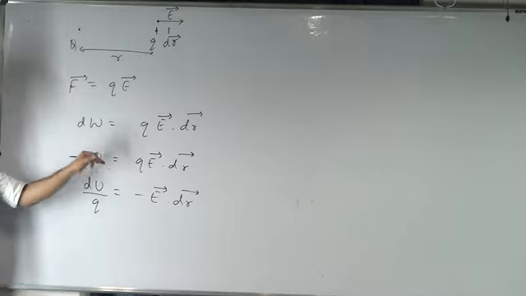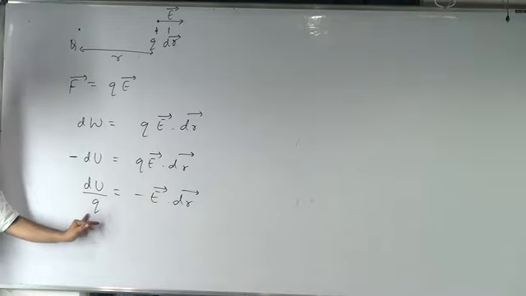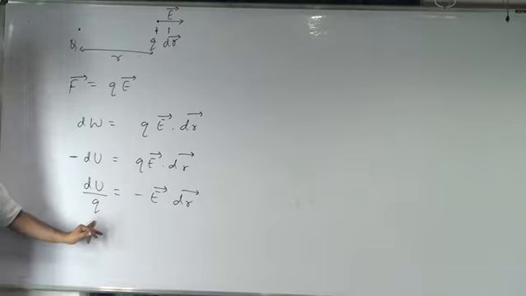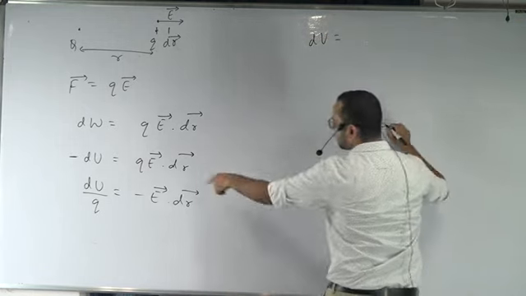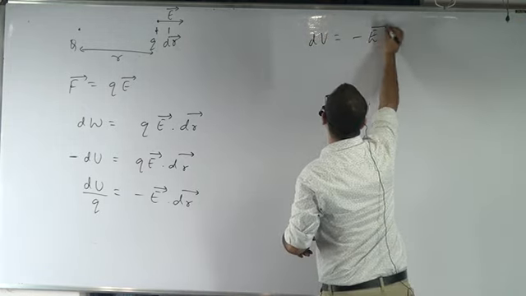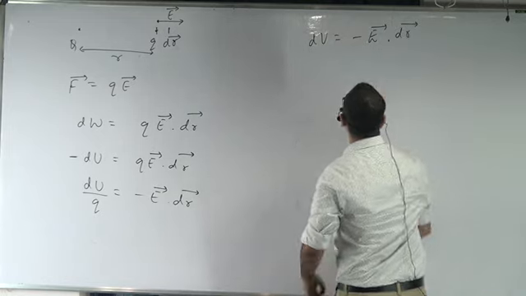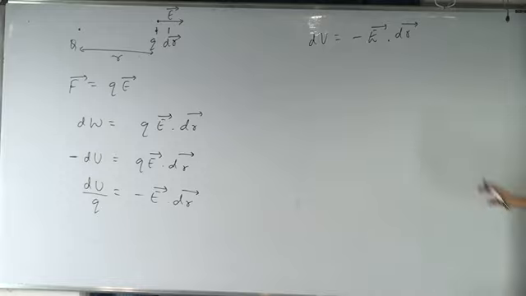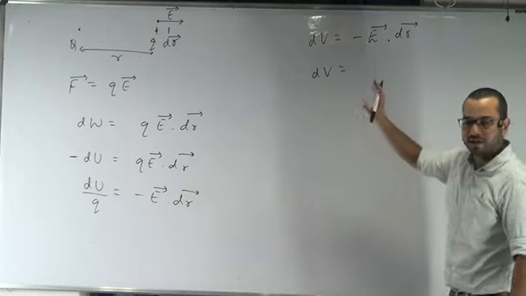Now does this term look familiar? What is that? dV. That is the change in potential energy per unit test charge. So that is the change in potential, and that is equal to minus E dot dr. ठीक है? Now what I want to do is, इसका दो एस्पेक्ट है, दोनों डिस्कस करेंगे, बट पहले ये वाला